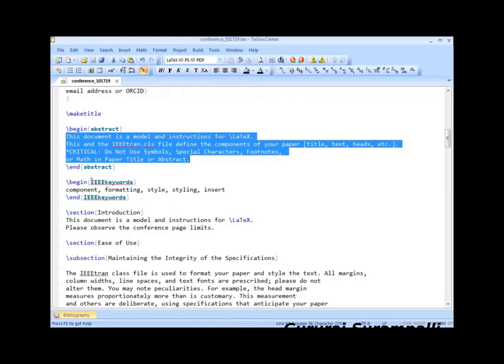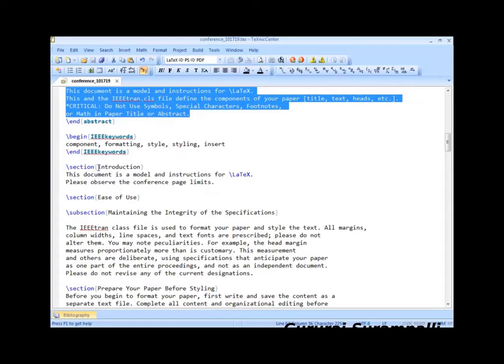Again, if you want the IEEE format, you just need to mention IEEE keywords. It will take that format, whatever it may be, maybe bold, maybe italic. Whatever it is, no need to remember all those things. You need to just type it. This program will make everything for you.